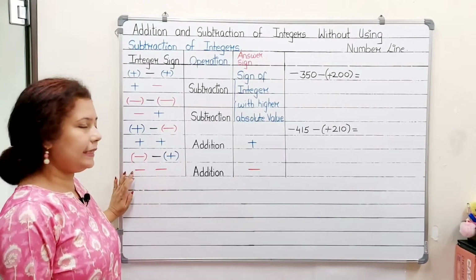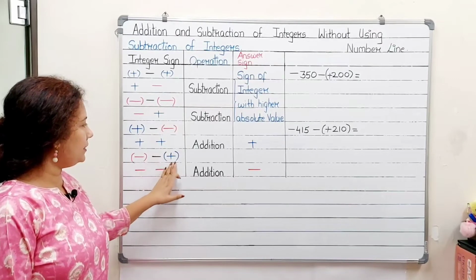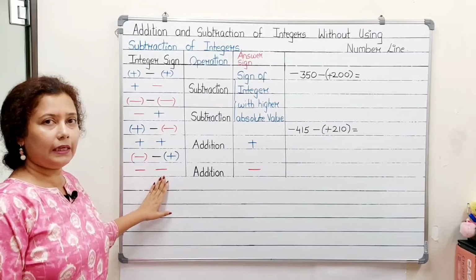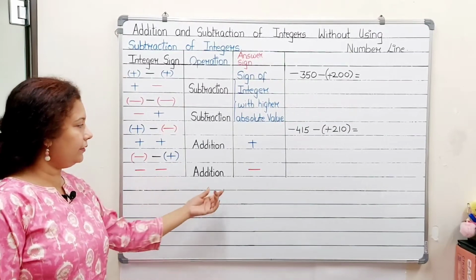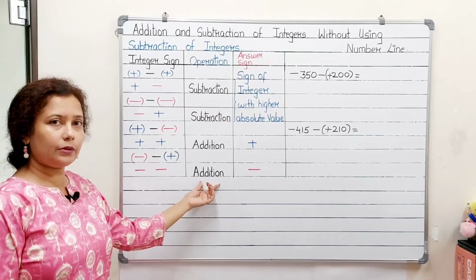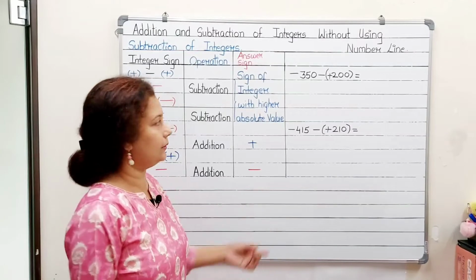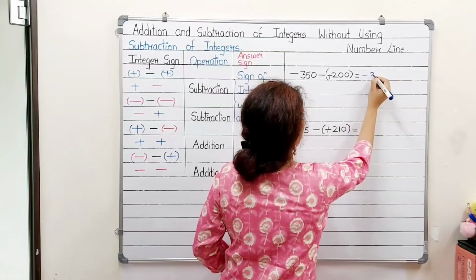Next we will see subtraction of negative and positive integer. When first integer is negative, we write it as it is and minus plus becomes minus. So ultimately we get both the negative integers. So here when both the integers are negative, we add the absolute values of the integer and give the negative sign to the answer. First example, minus 350